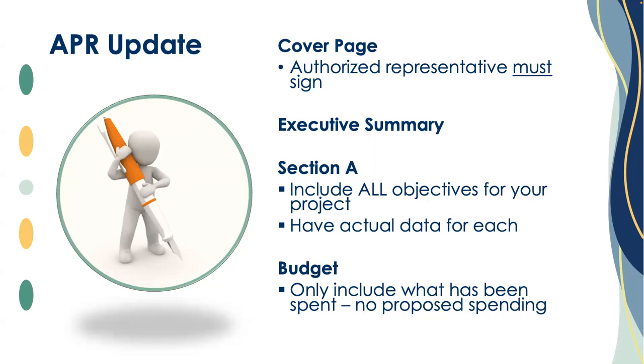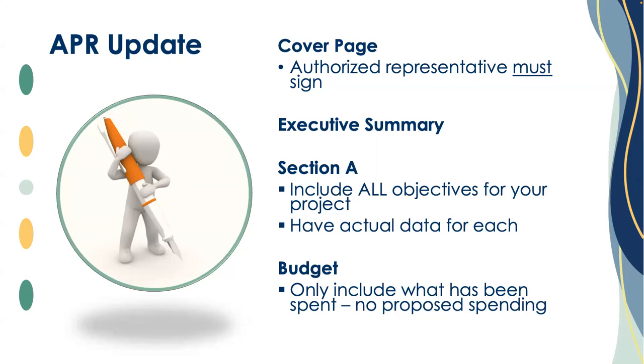And then section A is pretty critical. We've always asked you to update all of your objectives for your project. And now there should be no 999s. You will be reporting the actual data that you have for each. And you will only use the 0 if you've had zeros